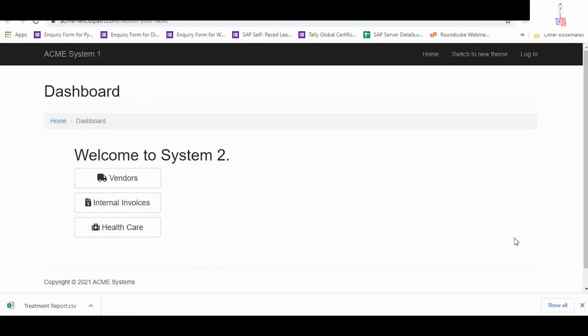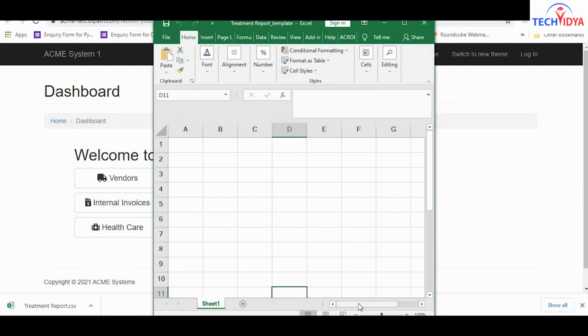As you see, the file has been blinking, which means the work is going on. After some time you will see that it automatically copies and pastes all the CSV file data into this file.